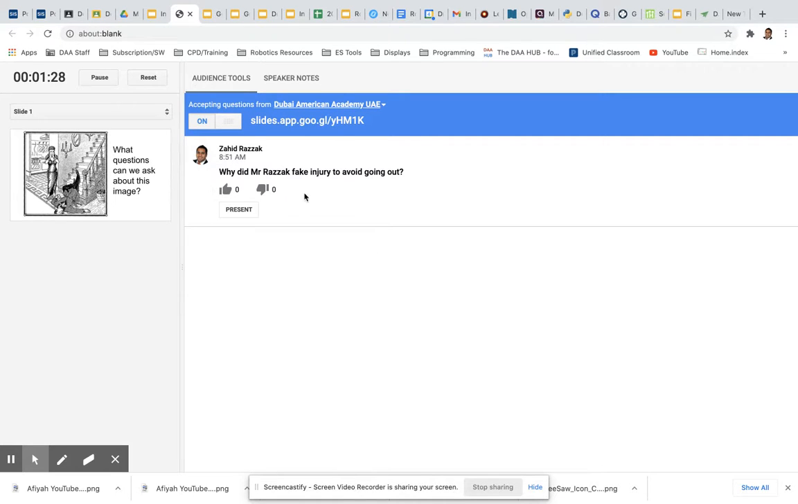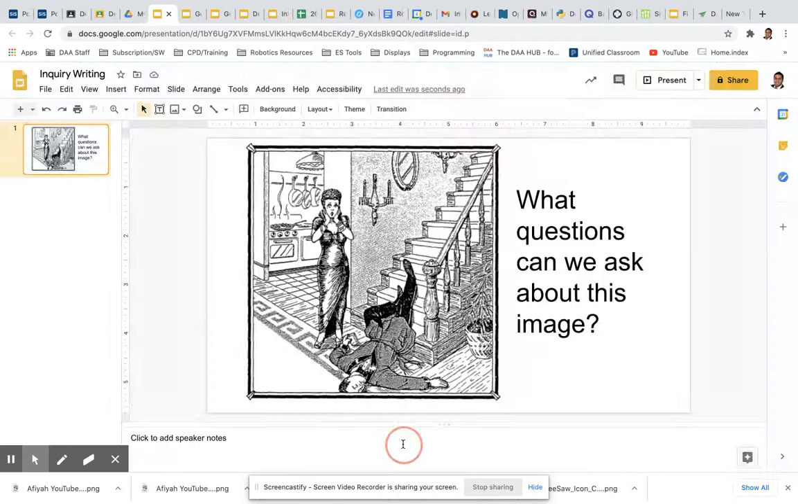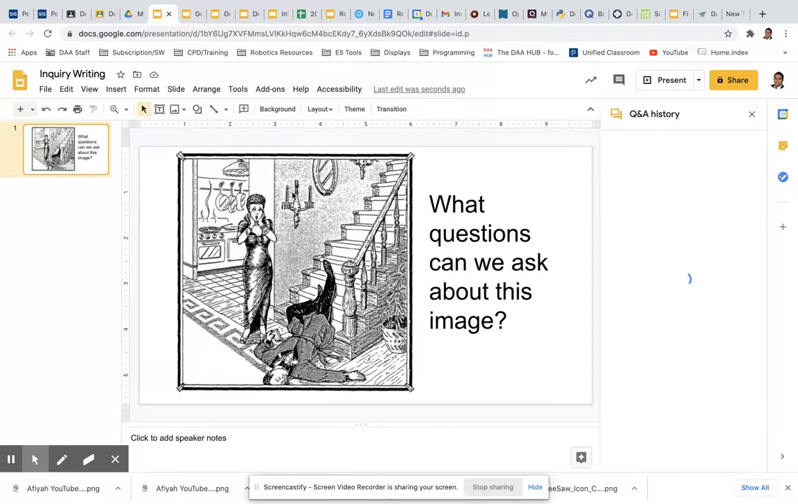And then you can get students to engage with other questions by liking them or not liking them. You can also present the questions to your audience. And the cool thing about this also is once you've exited from your slides, you can draw upon those questions by clicking on Tools, Q&A History. On the right hand side, you'll see the link for the latest session. And there you go, you can see the questions appear there on the list and you can go through them